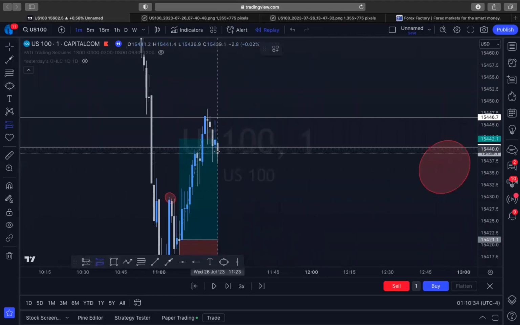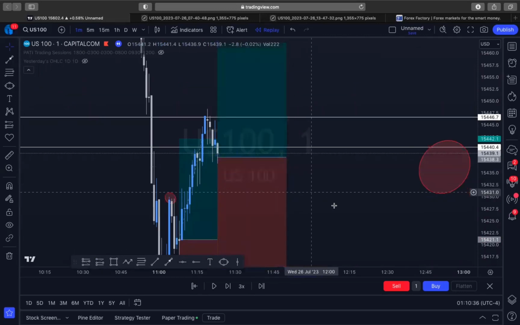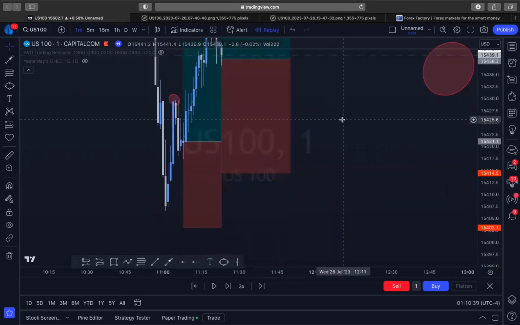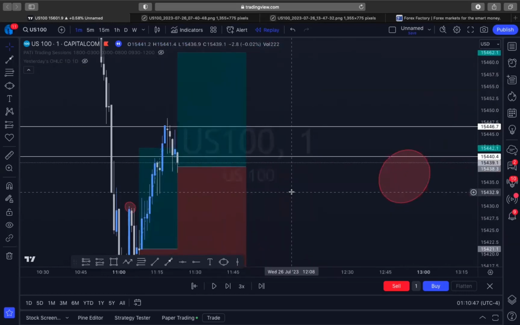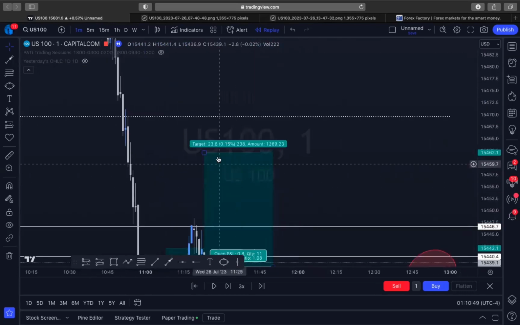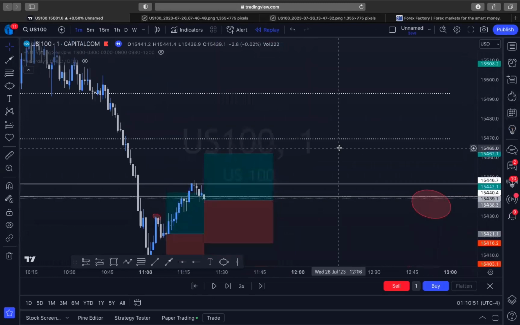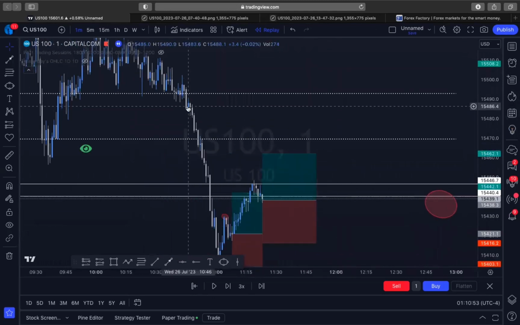With this wick coming down, you could have entered right there. And if you want to use a very tight stop loss, that's fine. I usually use the very first low created as a stop. So I would have set my stop loss there. This one, I didn't have a stop loss for the second entry that I made. And I was targeting this zone right here,